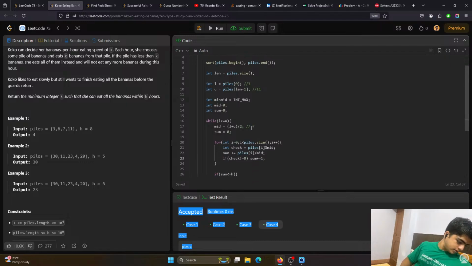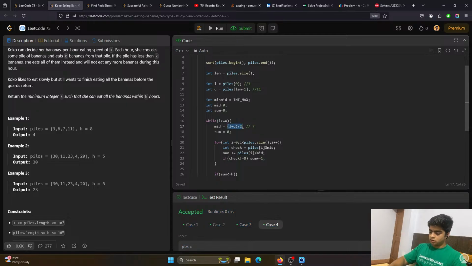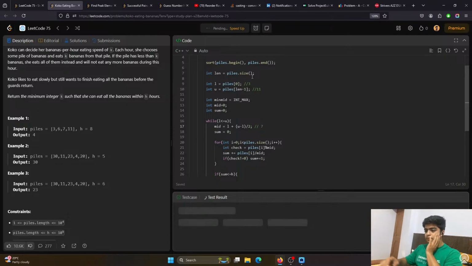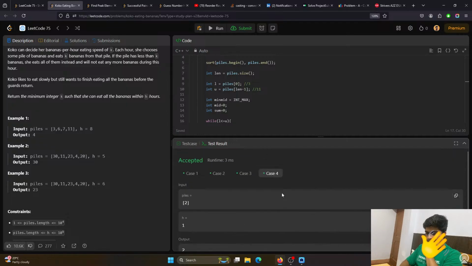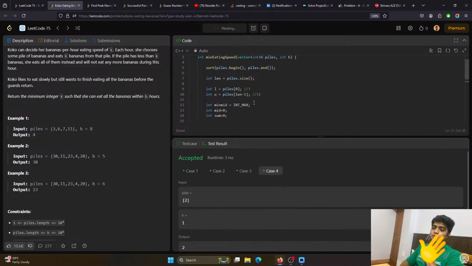Mid का we can change to low plus upper minus lower by 2, ताकि ओवरफ्लो एरर ना हो। सबमिट ही करते हैं, कुछ कोई केस आएगा तो उसे सॉल्व कर देंगे।